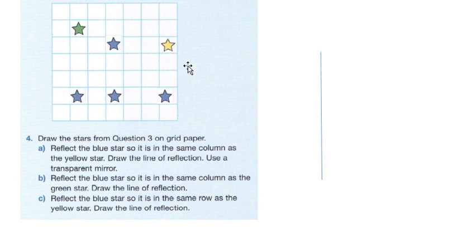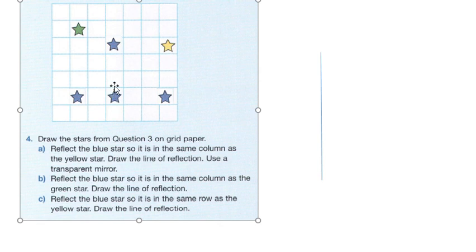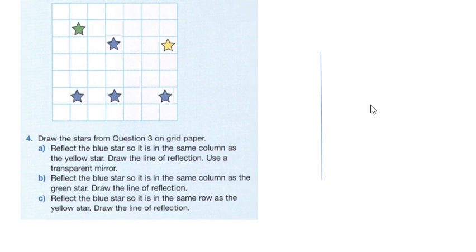So when we move it up to here, this column and this column is where we're starting, and we happen to have this line right there as our reflection line. So this, when it gets reflected up to here, is being reflected in this line right there. And that's our